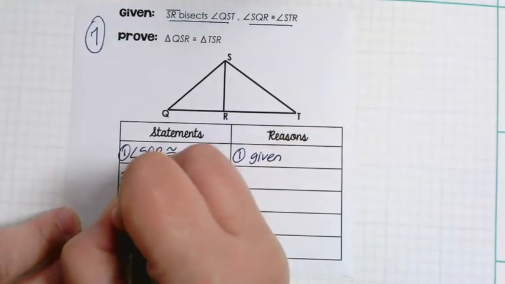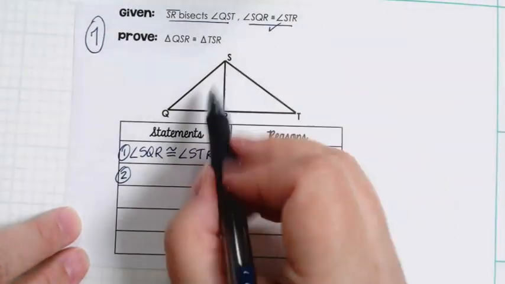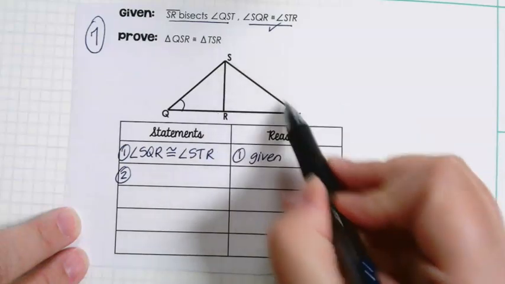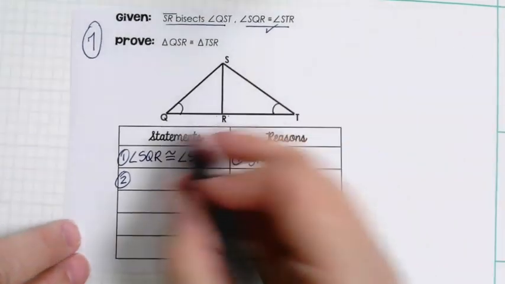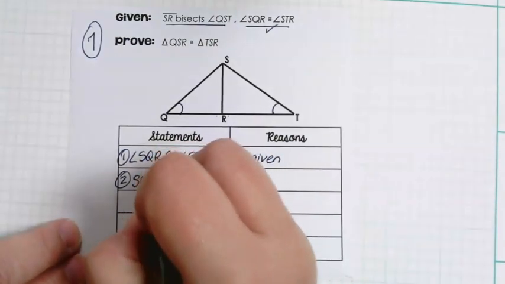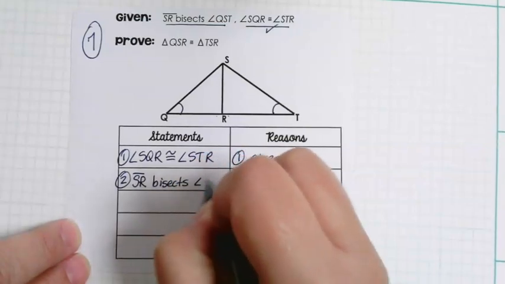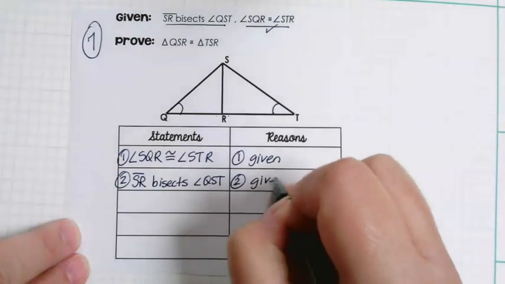All right, the reason why I decided to do it, let's go ahead and mark this one before I go on and check it off. SQR is this angle right here. STR is this angle right here. All right, the reason I decided to state that SR bisects angle QST second is because, remember,